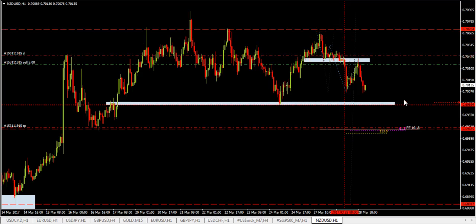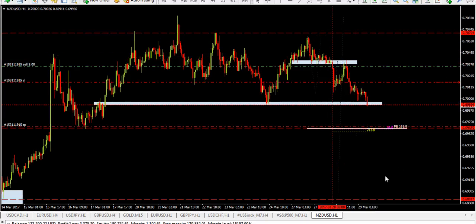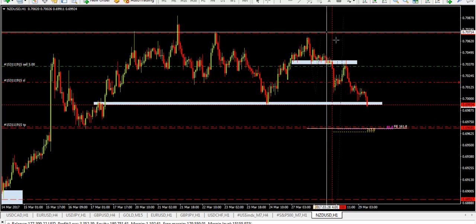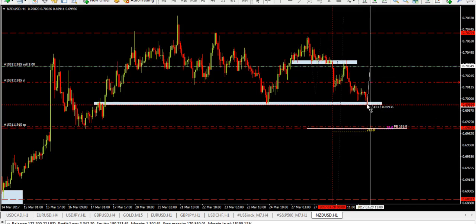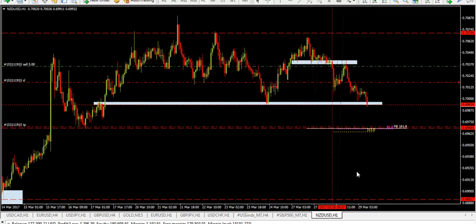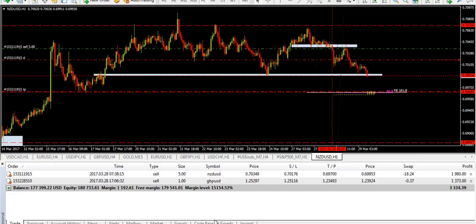So we're going to let this trade develop, and we're going to come back once we hit these levels. Hello traders, welcome back. And a little recap on our New Zealand dollar, US dollar short trade. We have hit the previous low, which were our first targets. And right now we are up about 43 pips on this trade, and we are going to take half of